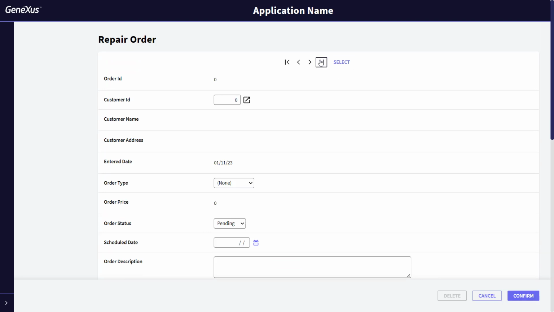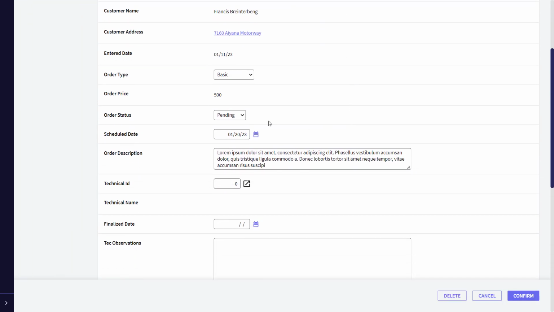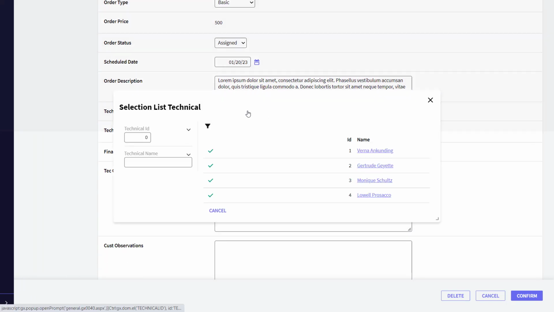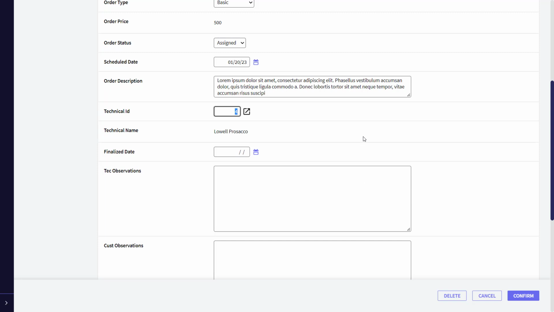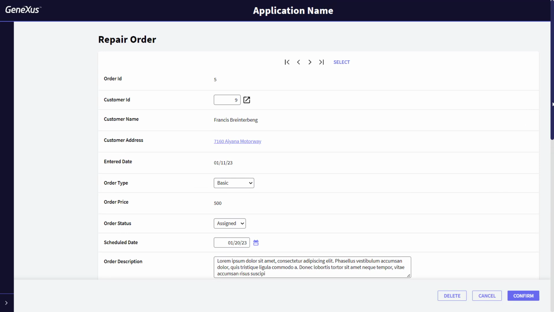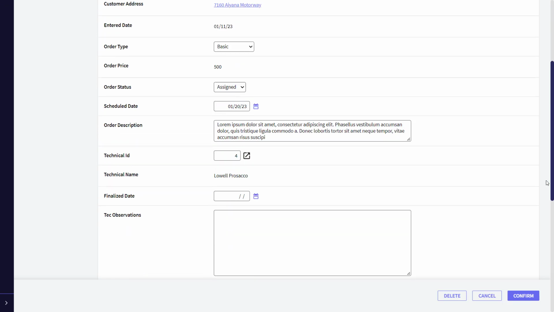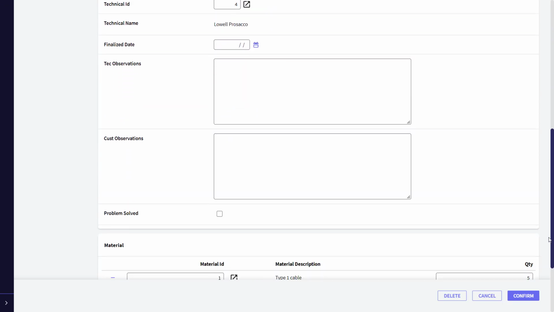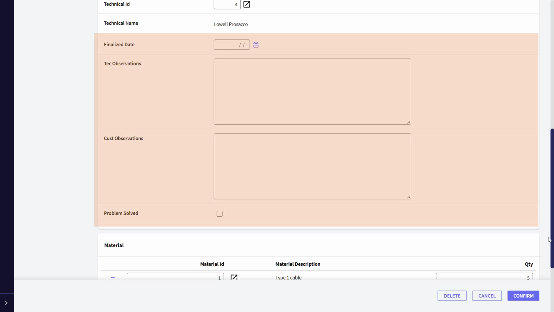The same happens when the coordinator accesses the transaction, selects the order to be modified, and so it's changed to update mode, assigns the technician to it, and loads the materials. As soon as we search for the order and load it on the screen, we'll be shown attributes that we may not be interested in viewing. Then, to load the materials, you'll have to leave fields empty in order to complete them later.